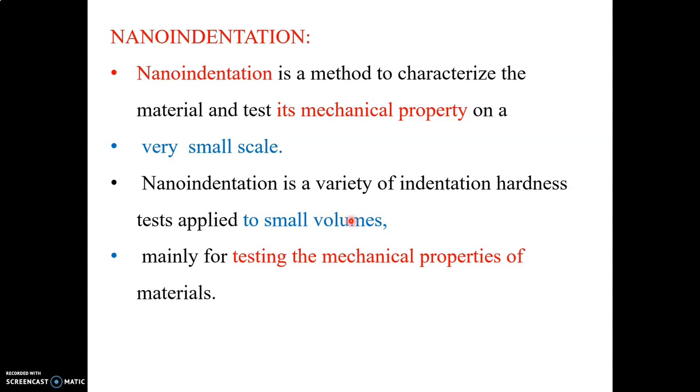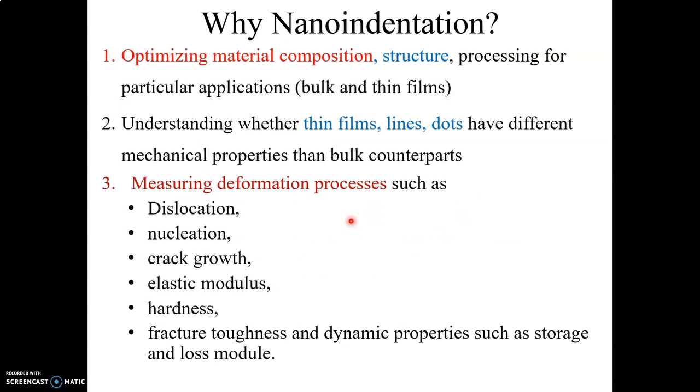How deep it is going to move into the sample surface, or to identify a pit present in railway tracks, that is not going to be done with this nano indentation technique. So optimizing material composition, why is it important? To optimize the material composition and structure, what type of material is coated on a preferred surface, whether it is contaminated or whether the desired material is coated, can all be analyzed by this nano indentation technique.